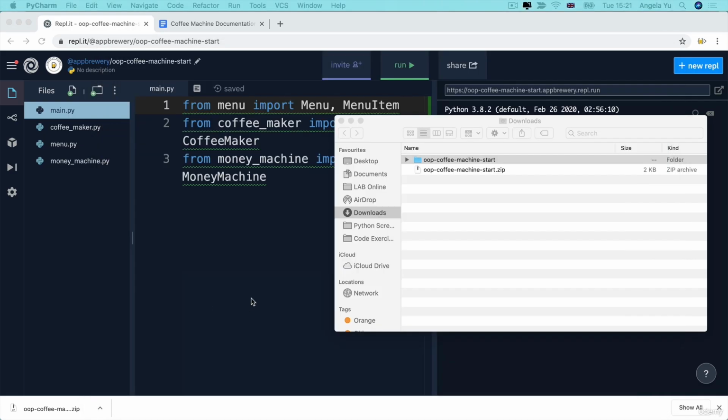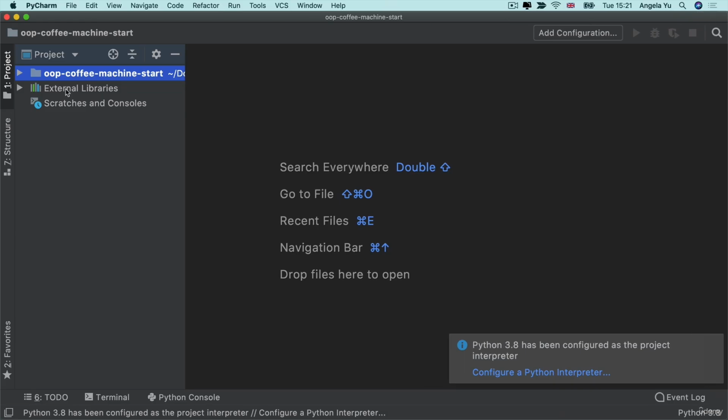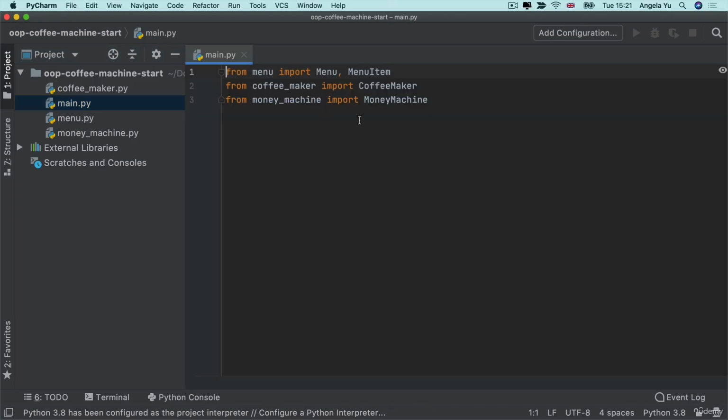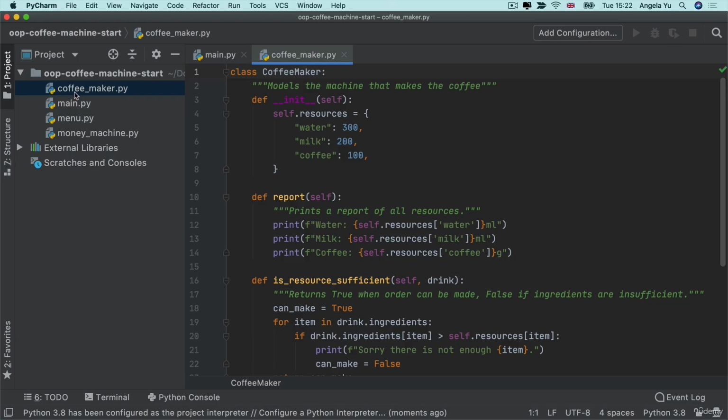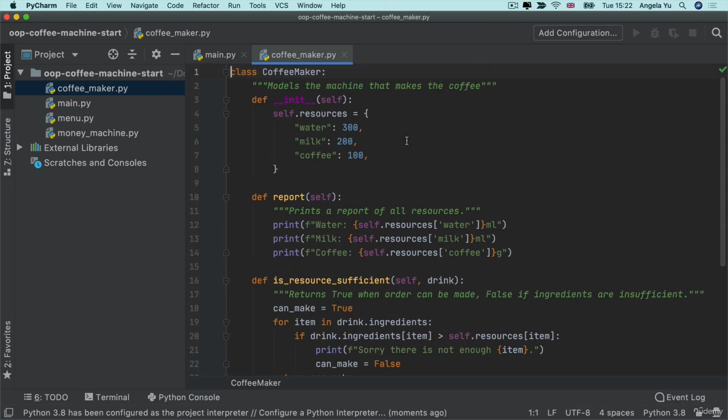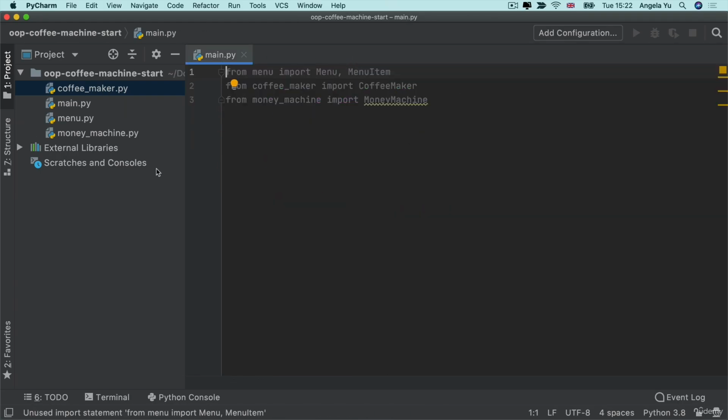Now if we click Open on that folder, then it will open up this project, and when you open up the project folder, you'll see all of the same files. Now you're only going to be working from the main.py. In fact, I don't even want you to care that much about the code that's in the other files. It has class definitions and a whole bunch of other things that we're going to learn about in the next lesson. But for now, I want you to treat it as if it is an external library,